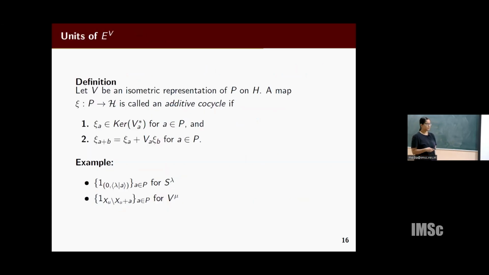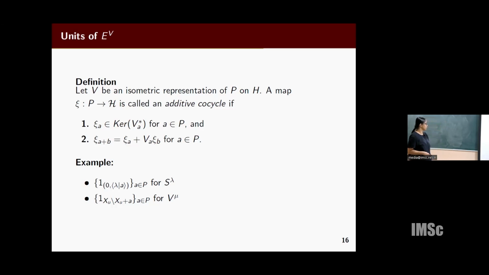It's also true in the case of CCR flows. There is something called additive cocycles, which are in one-to-one correspondence with the units. So there is this class of additive cocycles, and there is a class of units, and there is a bijective correspondence between them. An additive cocycle is a map from P to H which satisfies these conditions: xi_a belongs to the kernel of V_a star for each a in P, and